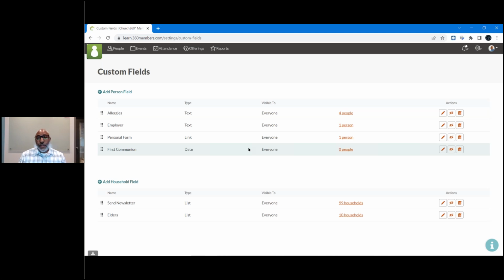So there's a lot of power when it comes to custom fields. The administrators can specify this as being a field and allow users to utilize and view this information, but you can also use it in other parts of the program to fine-tune your information and just find the people that you want. So I added in First Communion. I'm going to add in